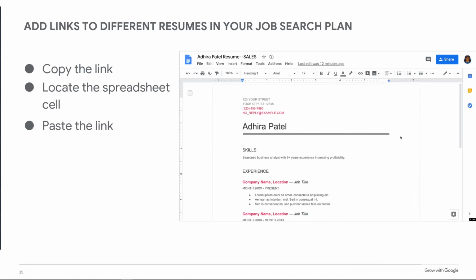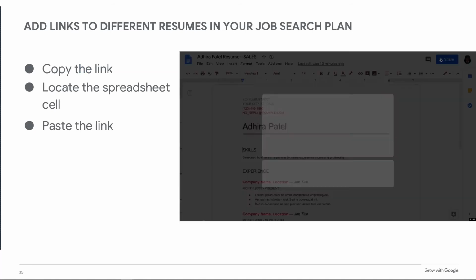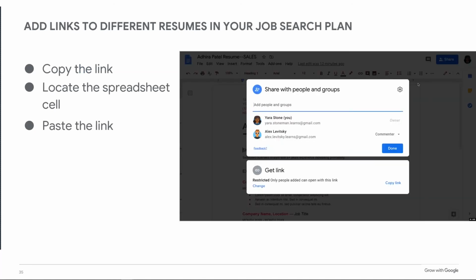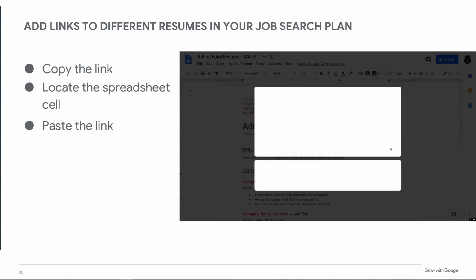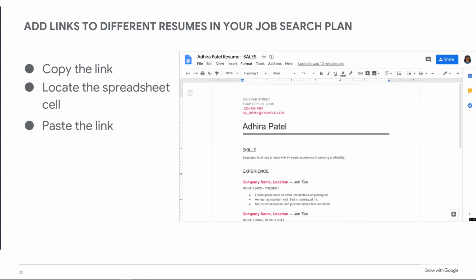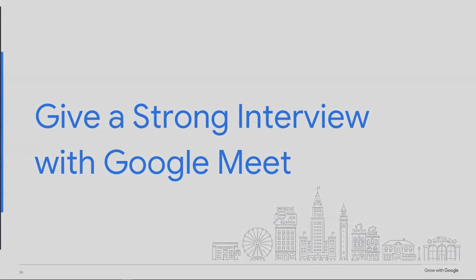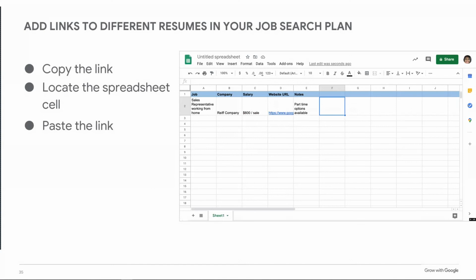Okay. Now, to copy a link, to link it back into the spreadsheet cells like we talked about before, you go back up into the share, and just underneath it says get a link. So you can get a link and copy that link over, and we can go into our spreadsheets. Is it going to show us? Oh, there it is. Okay, go back into our spreadsheets, and into that specific cell that we want to add it to, you can paste it within that specific cell.